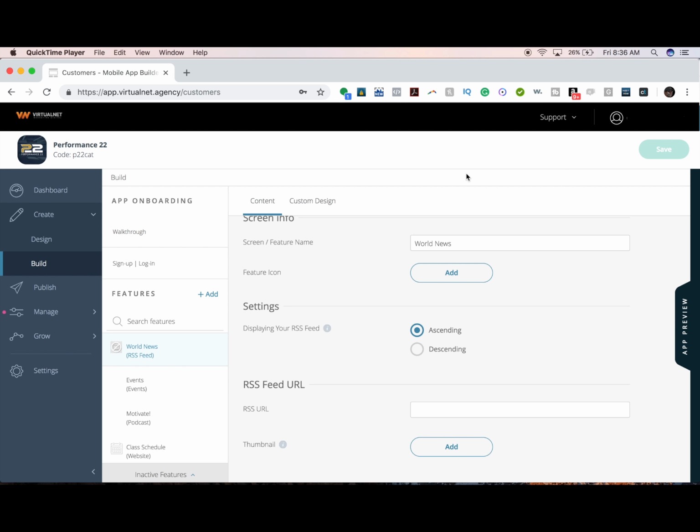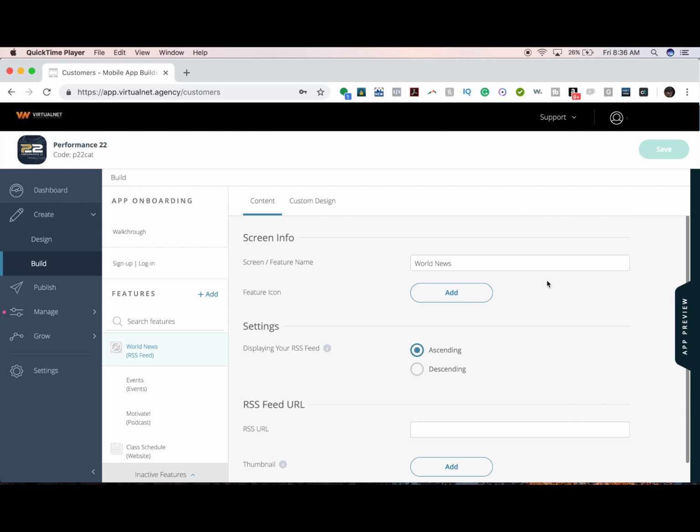So RSS feeds are actually extremely common across the web. And if you don't have one on your website already, you can ask your web developer to build you one, and it's super simple and easy. So what we're going to do now is I'm going to show you an example of using it at the